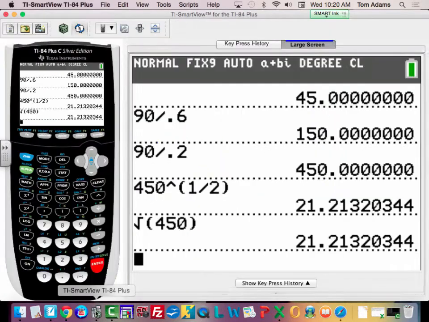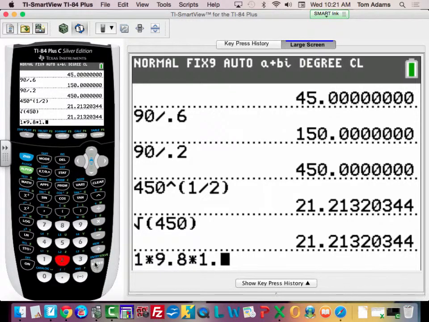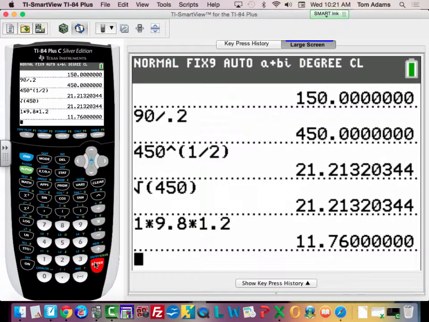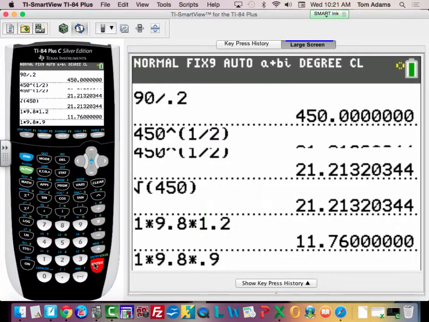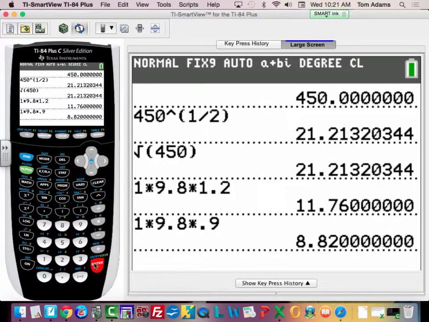If I pull up my calculator and I say 1 times 9.8 times 1.2, I get 11.76. Now if I say 1 times 9.8 times 0.9, I get 8.82. And really, they just want to know the difference between those two numbers, right? What's the difference in potential energy? So I'm going to say